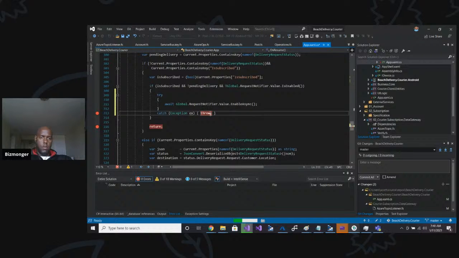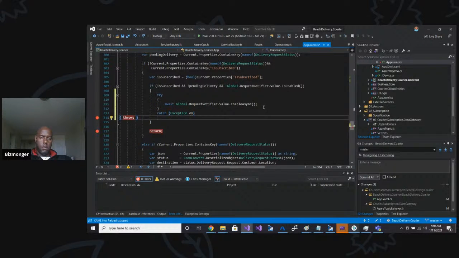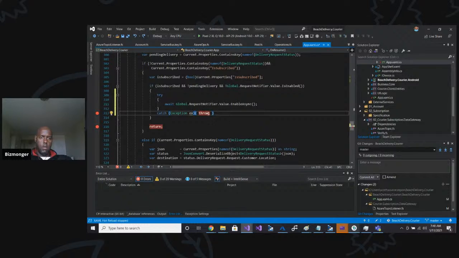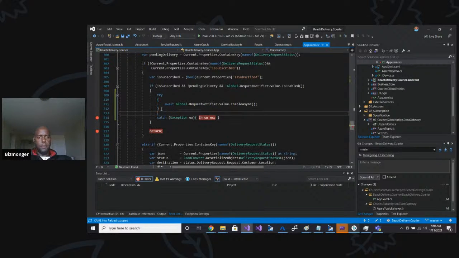Do I throw ex or is it already implied? I thought it's already implied, right? Whatever. I guess there's no harm in doing it. The only harm is it's verbose because I'm too lazy to look up how it works. Regardless, we have that in here now. If I hit run,